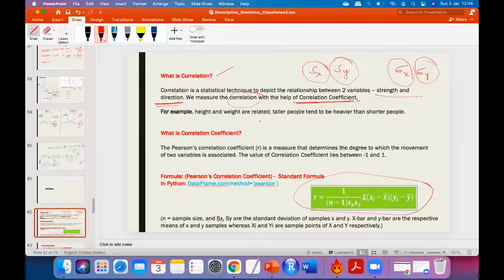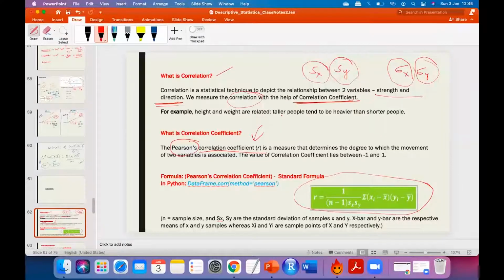Okay, what is correlation coefficient? As I said, I'll get the strength. If I had to get the direction, I would have got it from covariance also. But in order to find out the strength, I need to find out correlation coefficient. There are usually two types of correlation coefficient that we use. The first one is Pearson's correlation coefficient, and another one is Spearman's rank correlation. That we are also going to see. But for now, let's see Pearson's correlation, which is used mostly.